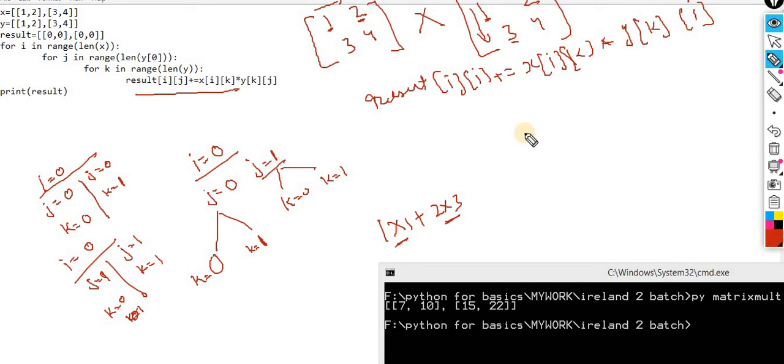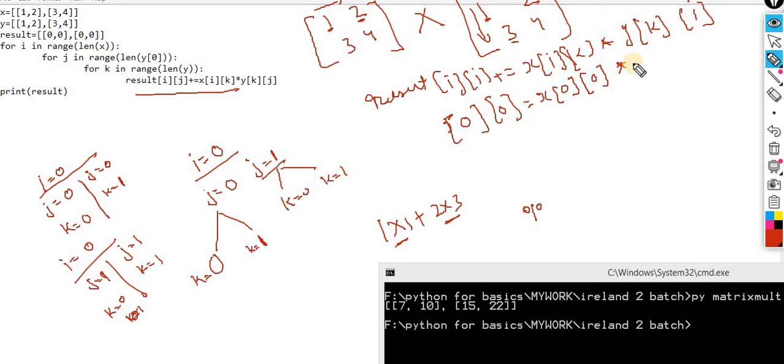So how can I get it? In the first iteration, I is 0, J is 0. Now in the result matrix I am pointing at the 0 0 position. So X of I, what is I? That is 0. What is K? K is again 0.